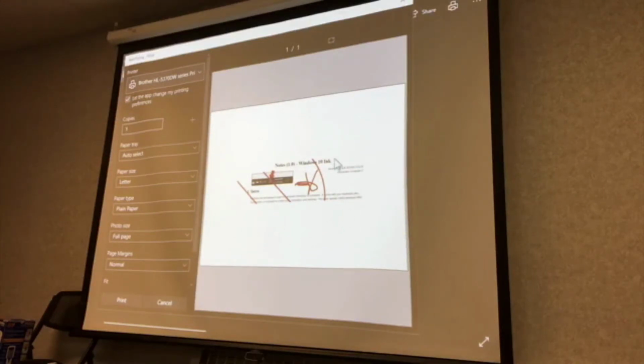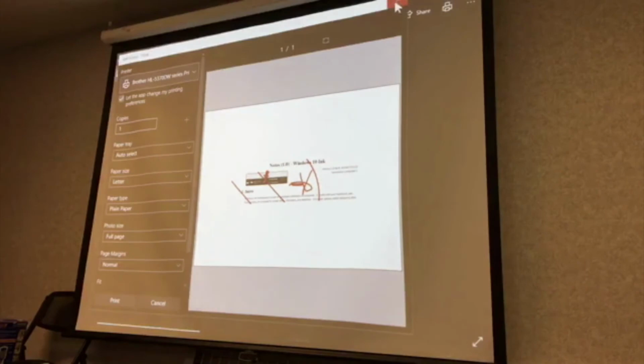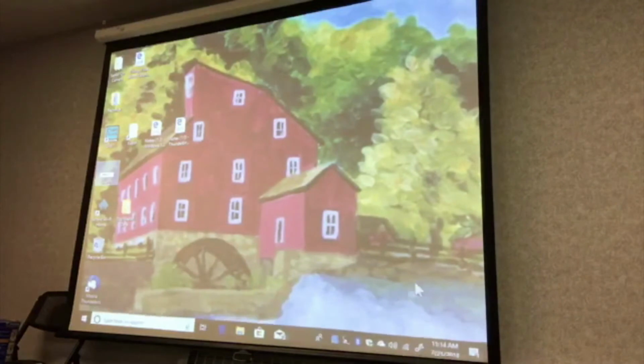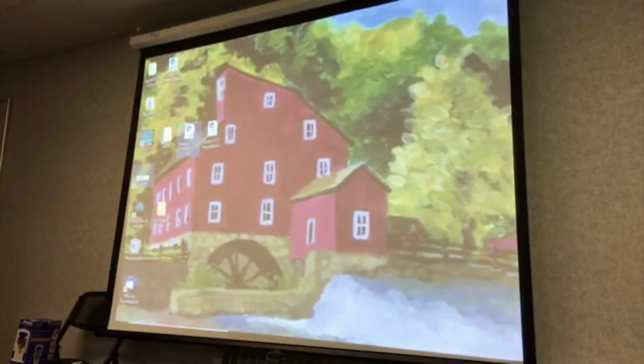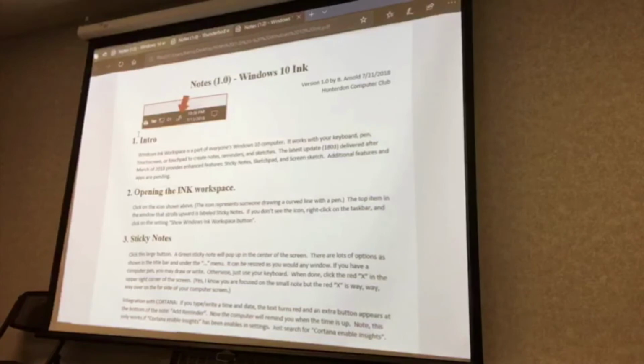Can you do it on a PDF file? Can this tool be used on a PDF file? Yes. Well, yeah, it really doesn't matter what the file is. In fact, we were actually looking at a PDF file when I first did it. Here's Use Windows Ink. This is a PDF file, so I was actually testing it for you there. But, I mean, you can also do this,